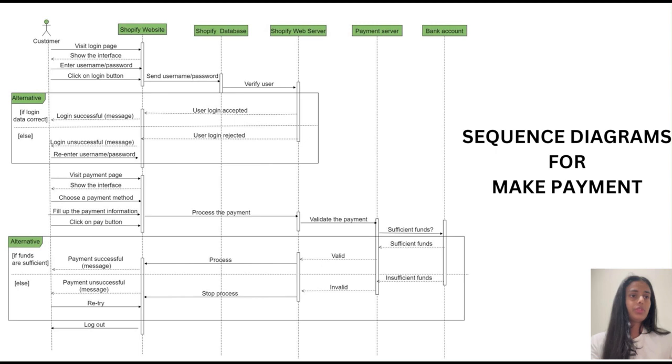So first we have to view the login page, then the website shows the interface, then the customer enters the username and password, then clicks on the login button. Like that, steps happen in a certain time, so that time is shown within an activation bar in the diagram, and the arrow shows the messages that are going to happen, and the alternatives are shown in this big box, like